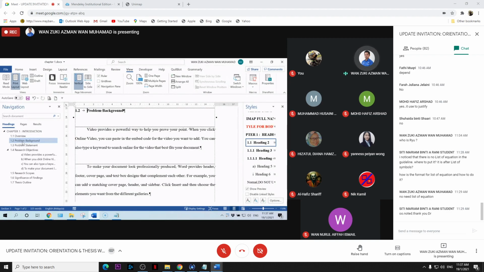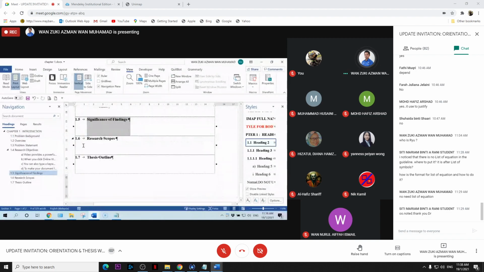But for me, no problem, I can drag and drop. For example, if I want the problem background to become my 1.1, I just drag, and everything under the problem background will move to the top. Or the problem statement, overview, or research scope first, or anything. I can just drag and drop.